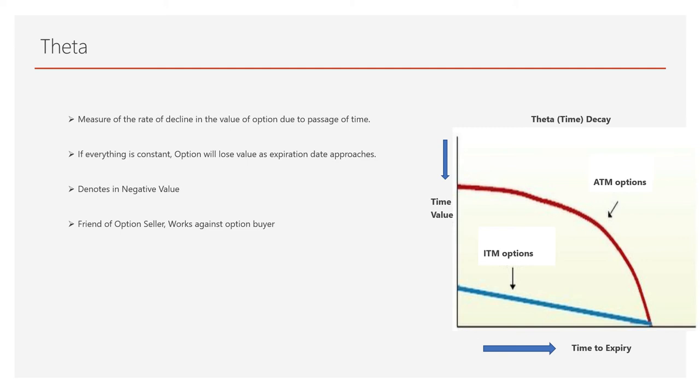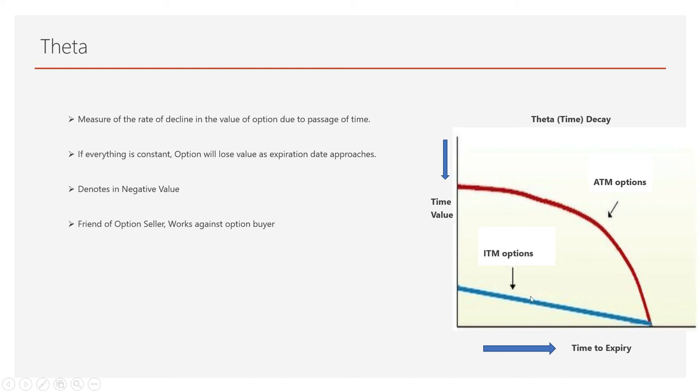If it is trading at 12 or 13, we can say that the 2 or 3 rupees of extra premium is due to time. That is the time value of the option, the extrinsic value, you can also say. When we have more time for expiry, the option will have more value. When time is less, the extrinsic value will be less. In this figure also you can see, as the time of expiry approaches, this time value will come down, and eventually it will go to 0.